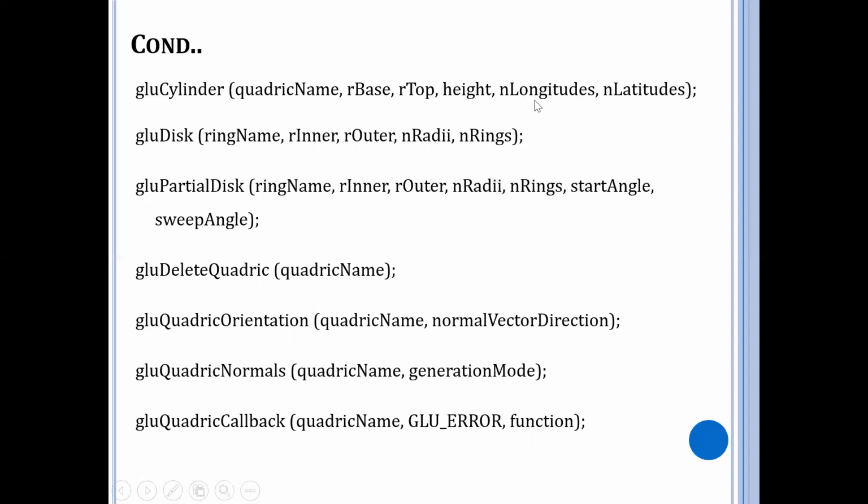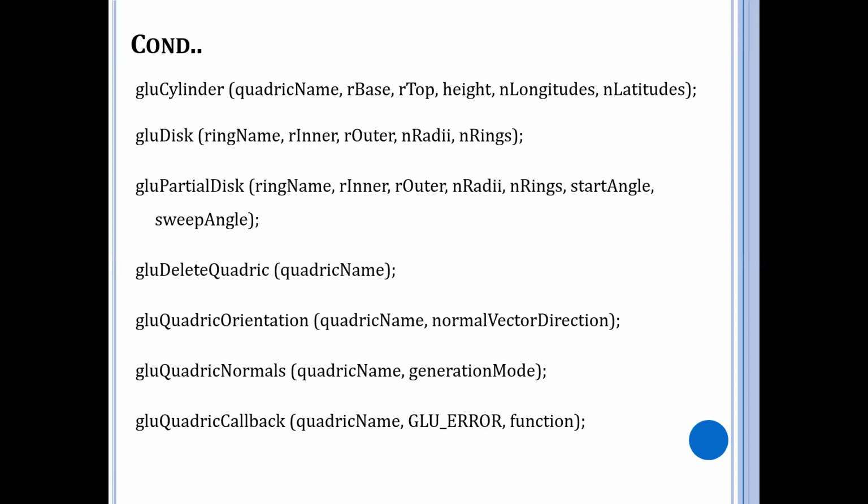The base of the object is in the XY plane and the axis is the Z axis.